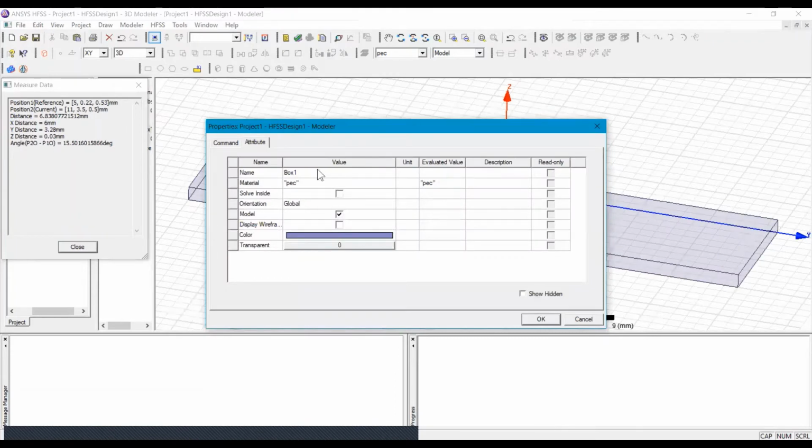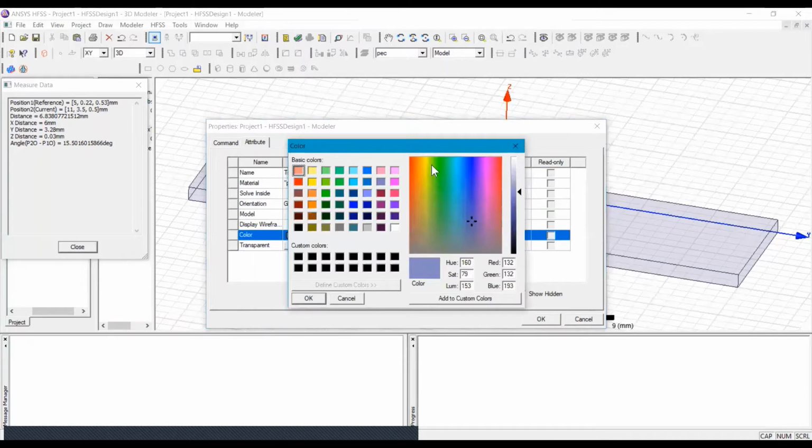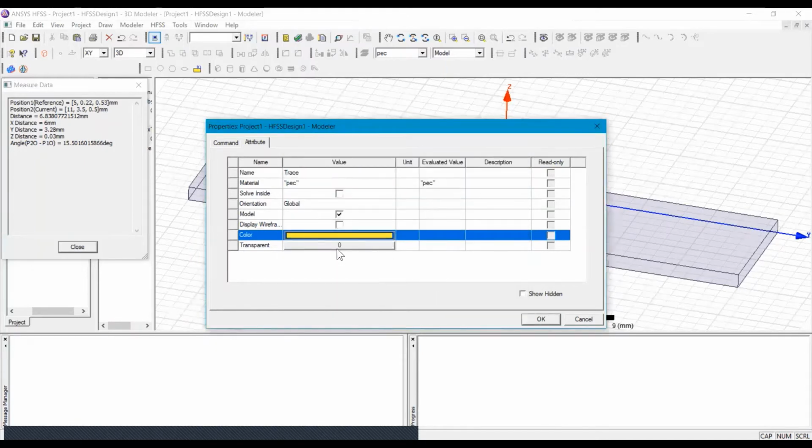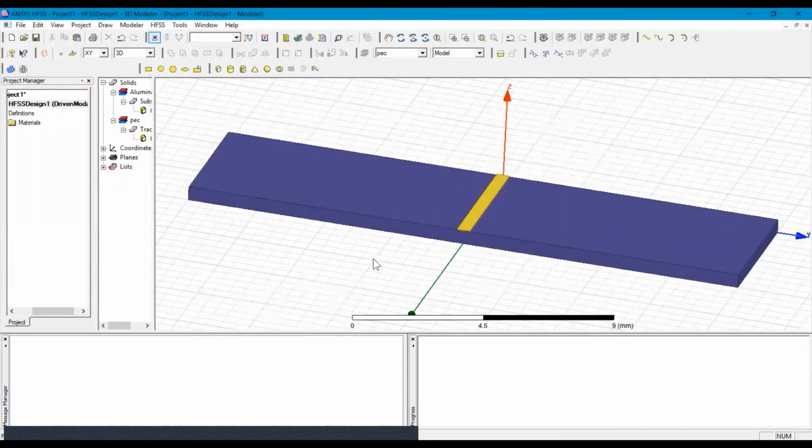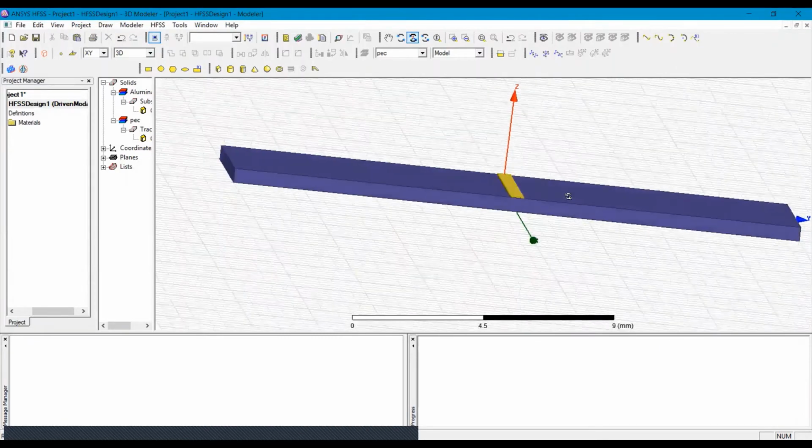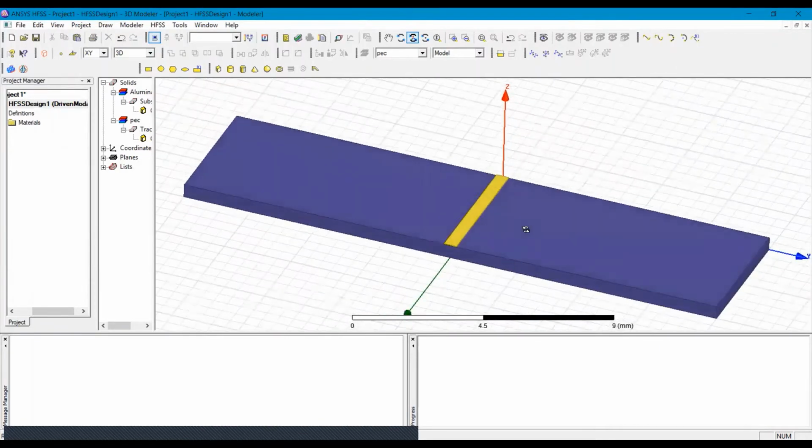Now we got the properties window, so we will give the name trace. This is perfect electric conductor. We are giving the color, and again I am not setting transparency. So you can see this is our trace or microstrip over the substrate.